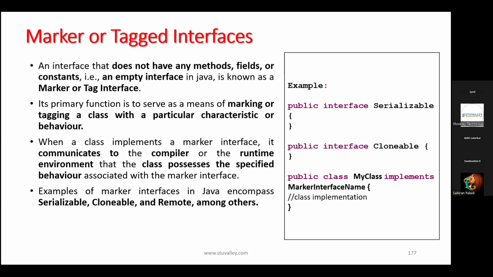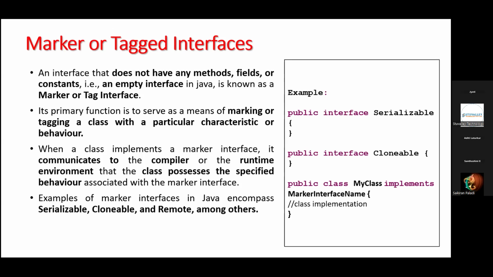So the example, the Serializable interface is like this: public interface, it is an empty interface. The Cloneable interface is also an empty interface. Nothing is there in those interfaces. And we are implementing one class which implements the marker interface name. Whatever marker interface you want to implement, you can implement it and give the class implementation. Okay. So here